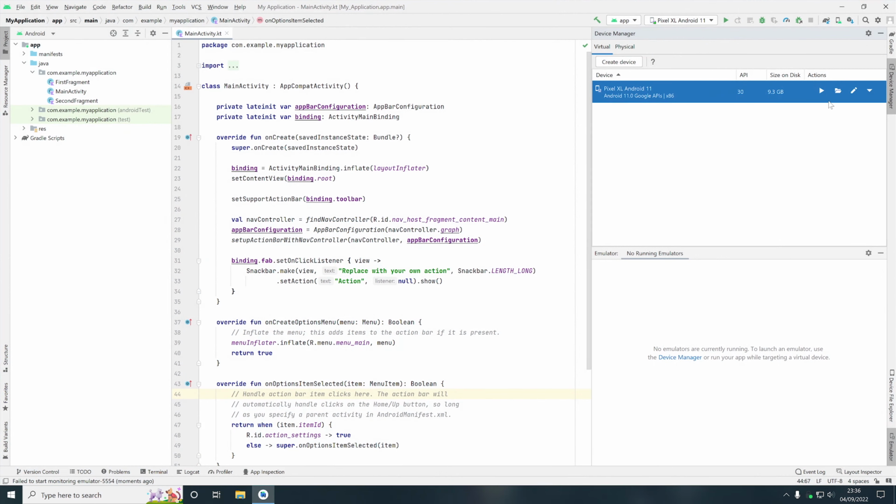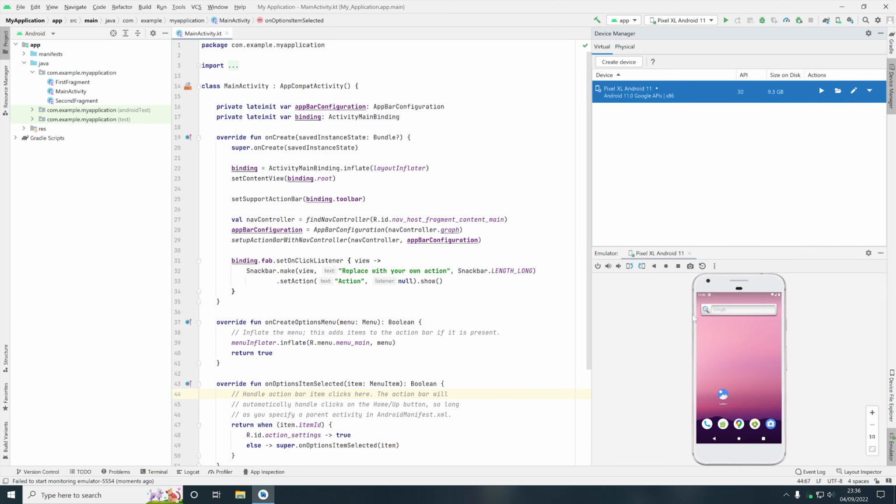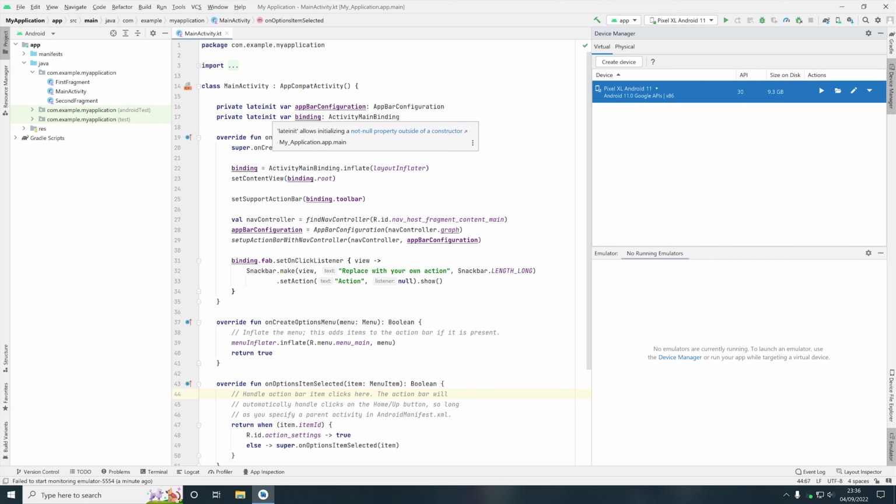So if we come to Android Studio and we launch an emulator, as you can see the emulator has launched down here, but it isn't in its own window. So to make it run in its own window, we're first just going to terminate the emulator, and then we're